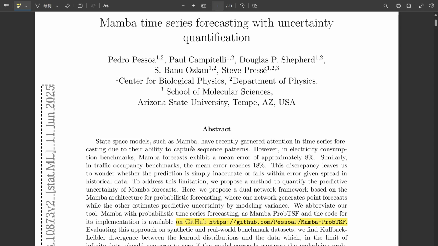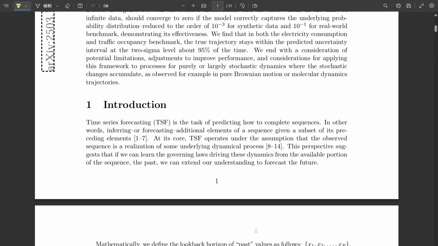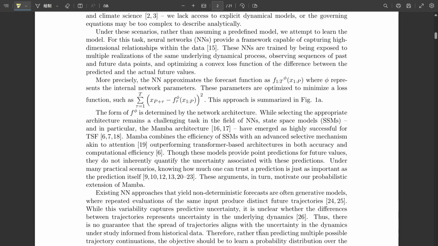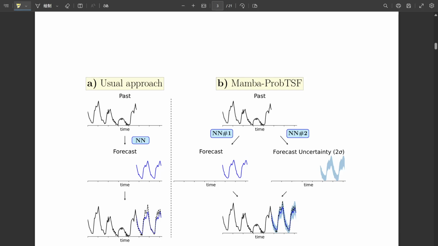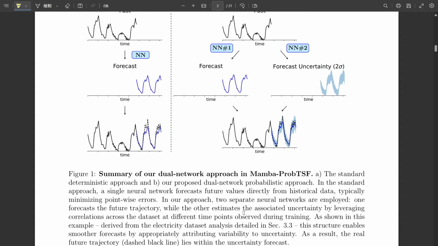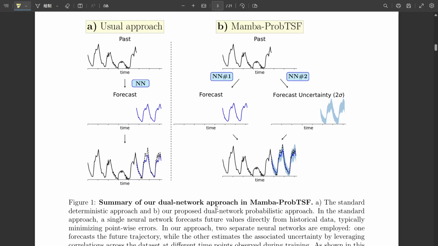So the first one, they call it the mu network, for the mean. Its job is to predict the average future path, the trajectory. Ah, so that's basically giving you the traditional point forecast, the most likely outcome. Exactly. And they typically use the S-Mamba architecture for this, which we know is pretty good for sequences. They also mention pre-training this network first. Why pre-train it? Just to get a stable starting point, apparently. Get the mean prediction reasonably good before you start worrying about the uncertainty part. Makes sense for stability. Okay, got it. Network 1 predicts the center line.